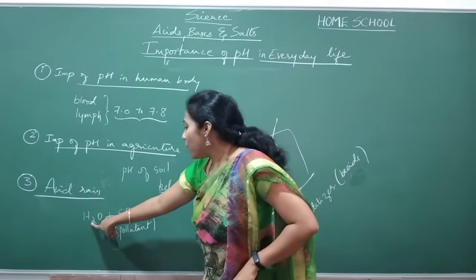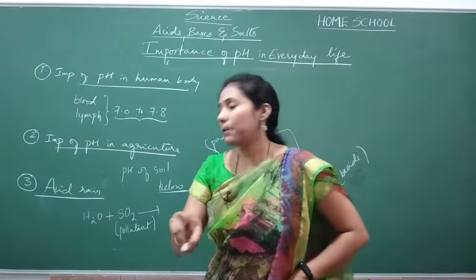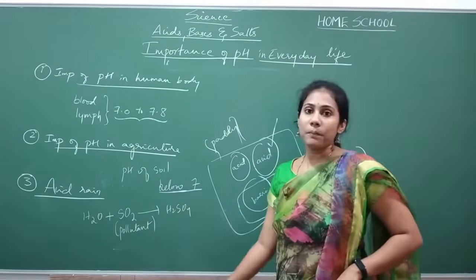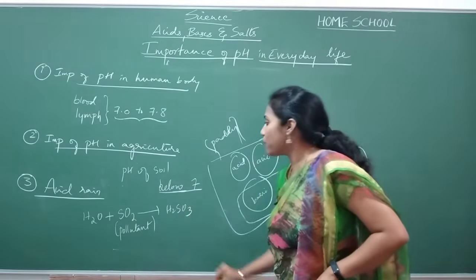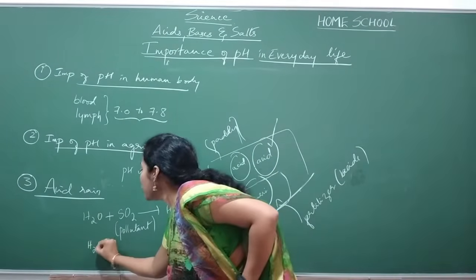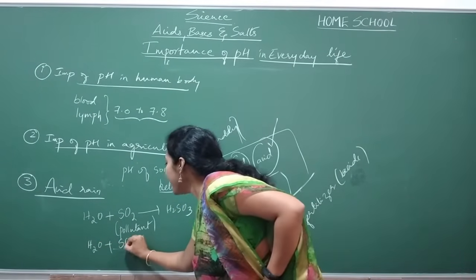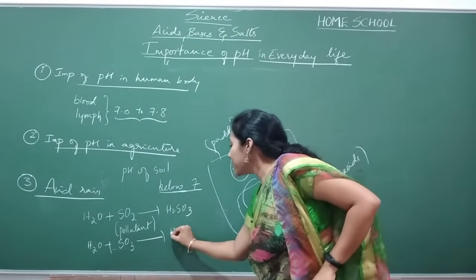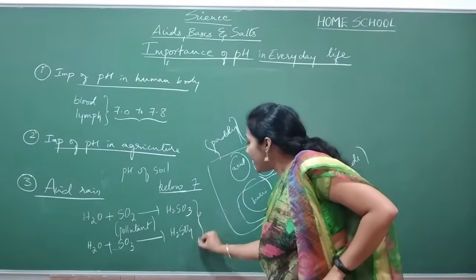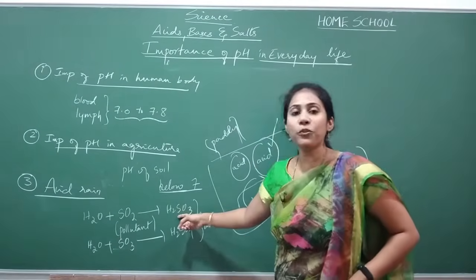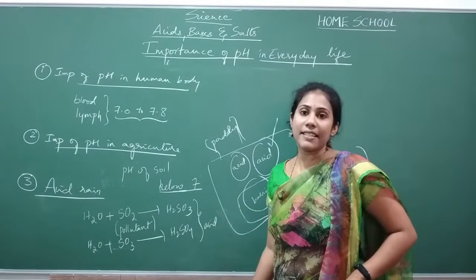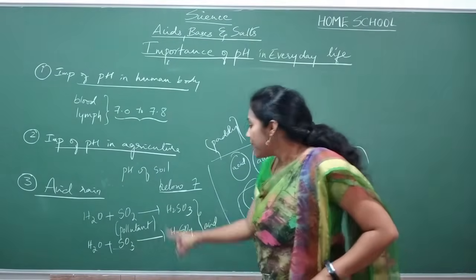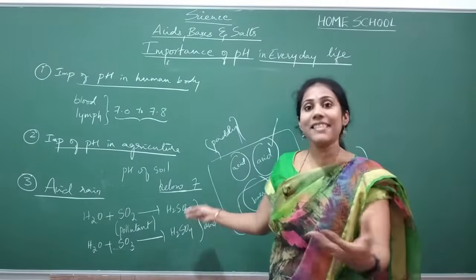When rain water combines with sulfur dioxide in the atmosphere, that rain will be converted into H2SO4. Initially it converts to H2SO3, and H2O, when it reacts with another pollutant, SO3, gives H2SO4. Both are acids only. This is sulfurous acid and this is sulfuric acid. These two are pollutants that can come from factories. And the rain has an acid content.